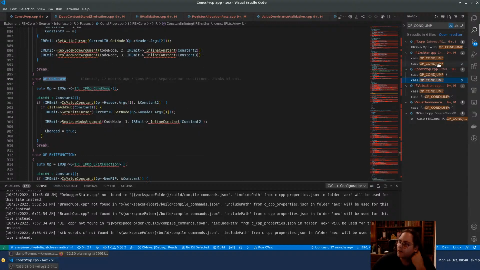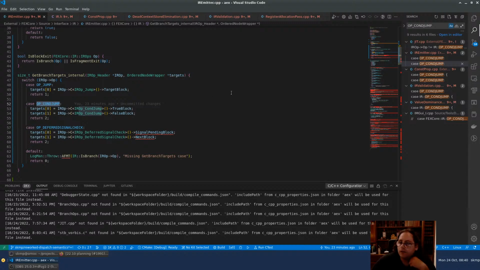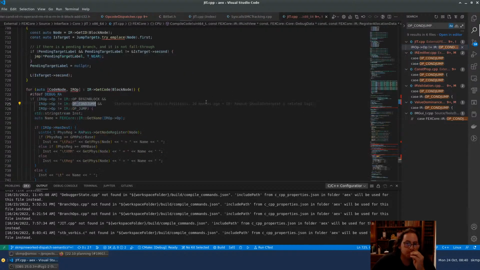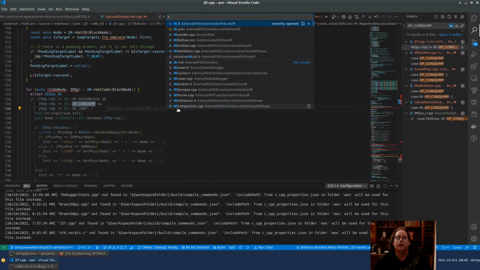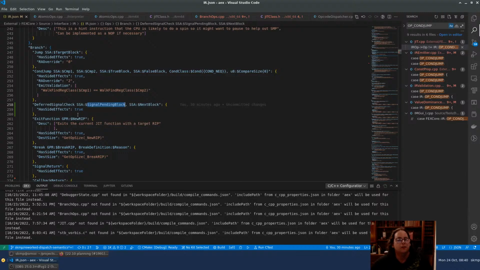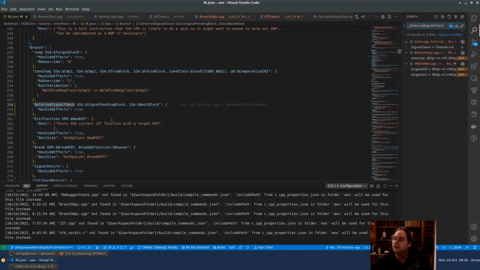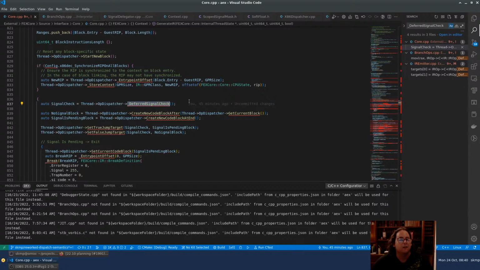This is not branching related. Okay. I guess now we can go back to the ir.json, signal pending block and next pending block, and then we can go into the deferred signal check, right, and then